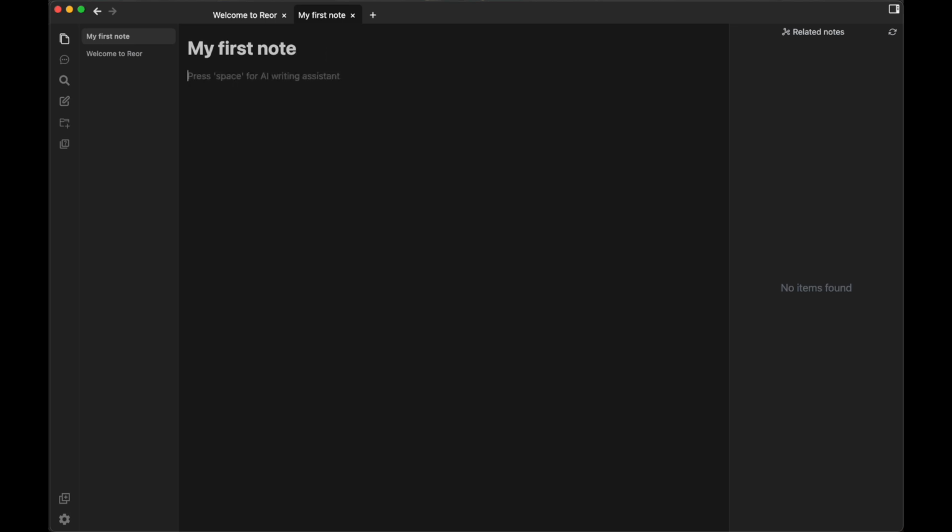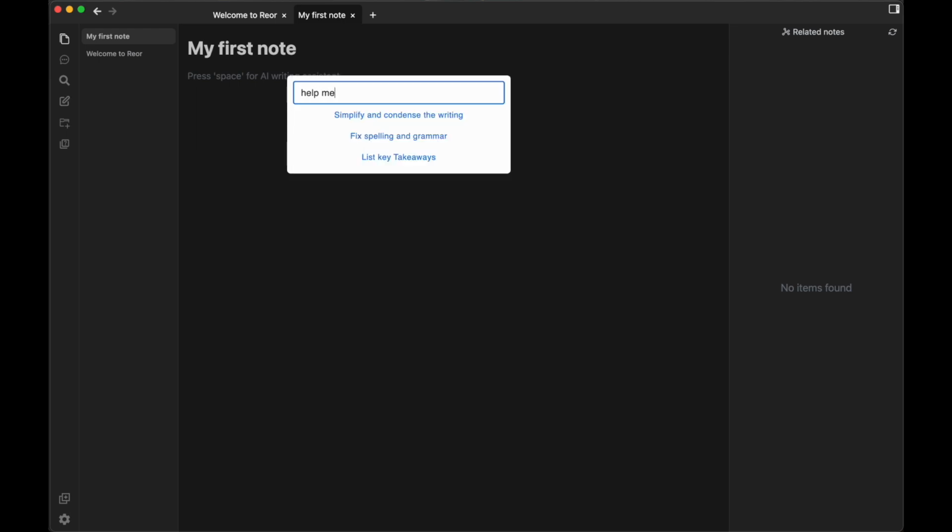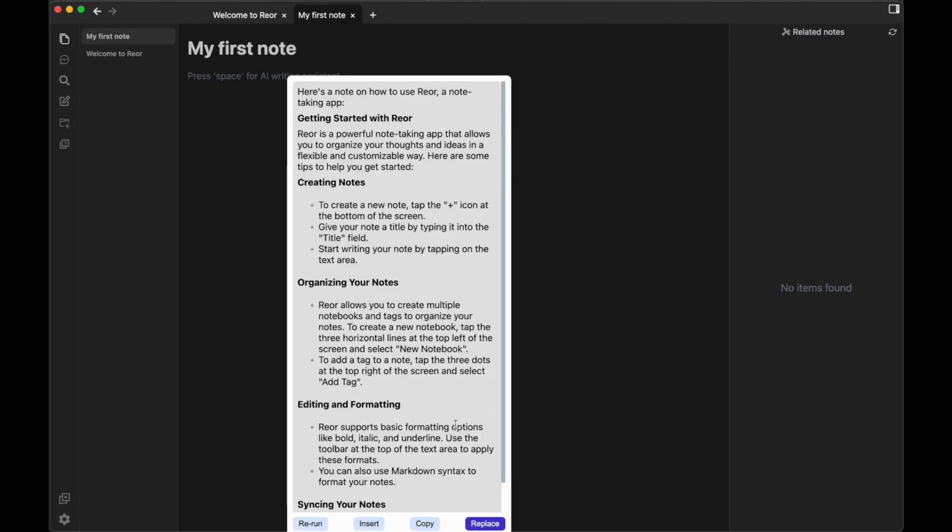To do that, simply press the spacebar and ask Llama 3 or another Ollama model of your choice to write for you. For example, you can ask it to write down a note on taking notes in Reor. After a few seconds, the AI will generate some text for you,